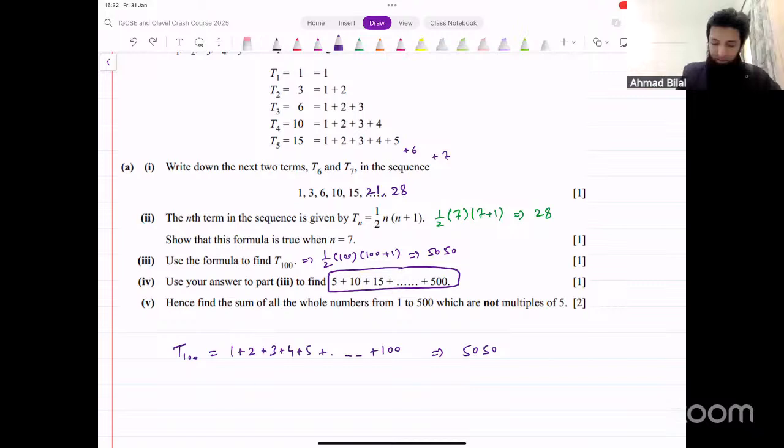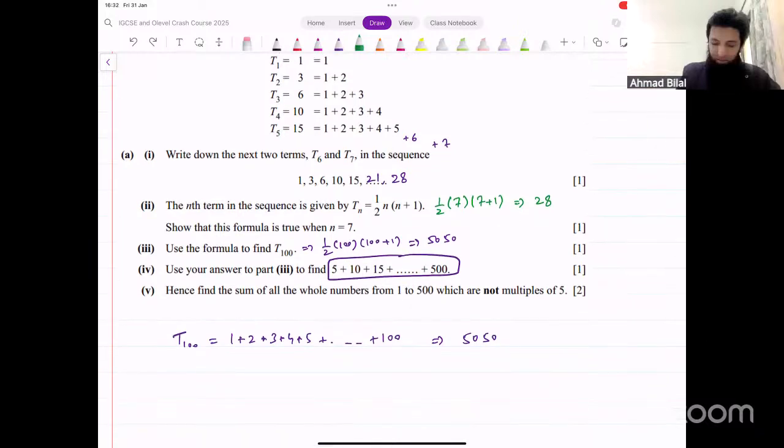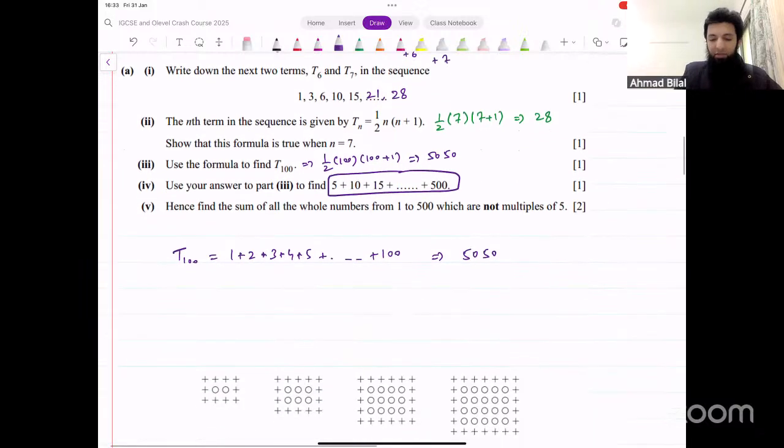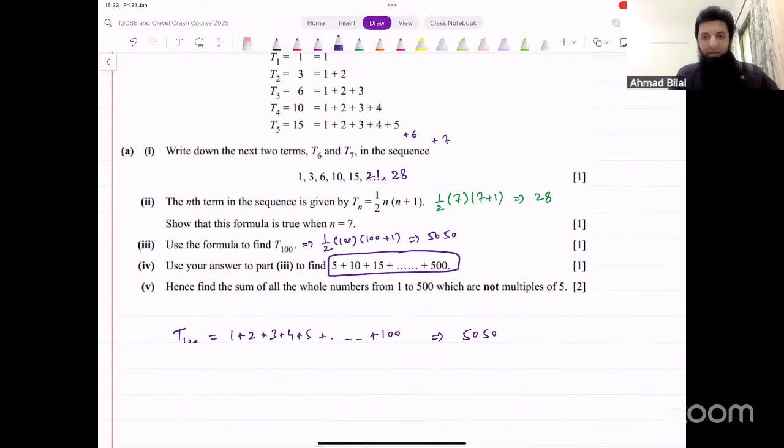So you see, in place of 1, we've got 5. In place of 2, we have 10. In place of 3, we have 15. In place of 4, you would have 20. So every number is basically being multiplied by 5. Every number is being multiplied by 5. Okay. Now,